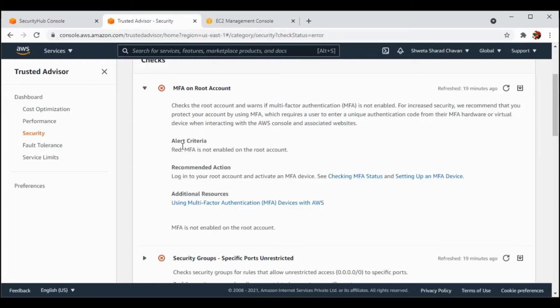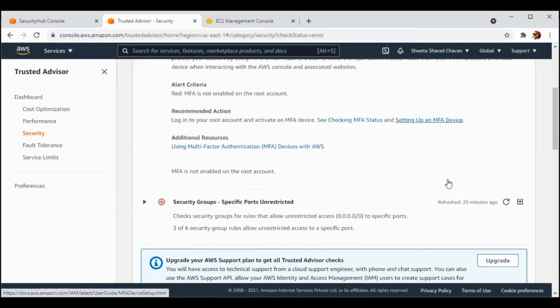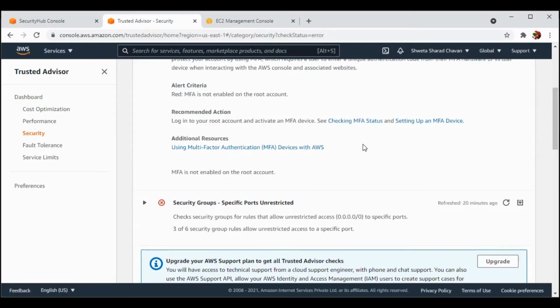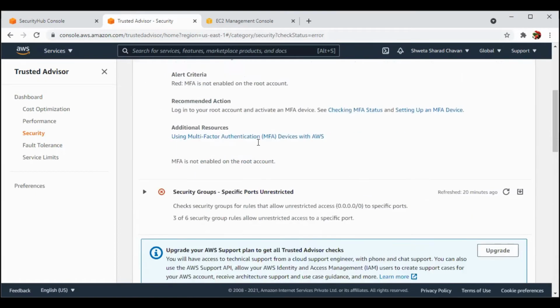The alert criteria will be red because MFA is not enabled on the root account. The recommended action is to log into your account and activate the MFA device. If we don't know how to do that, we can see how to check MFA status and then set up an MFA device. When we do that, this check will be cleared.